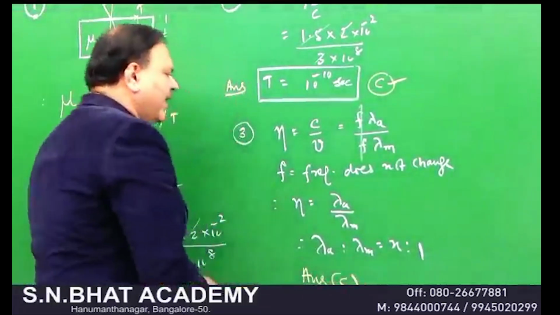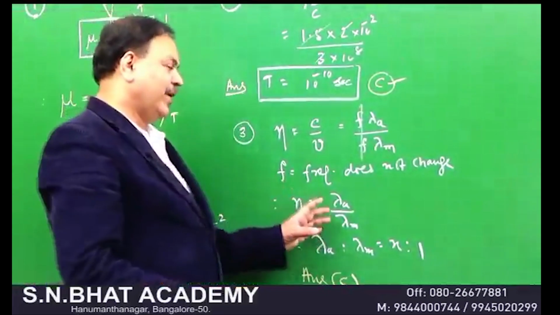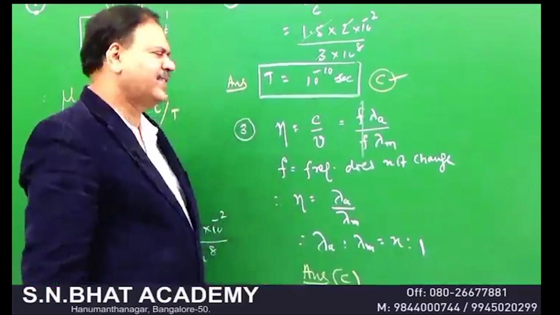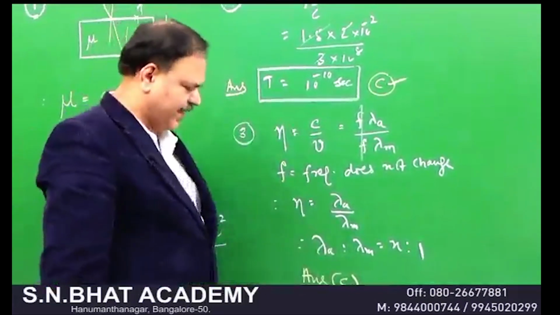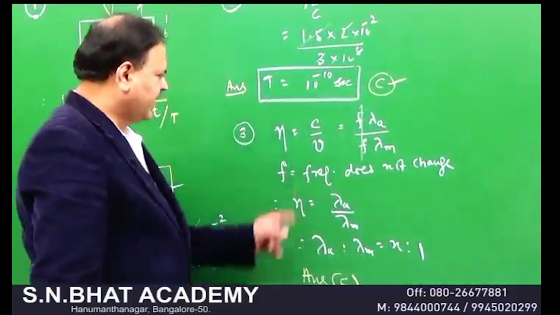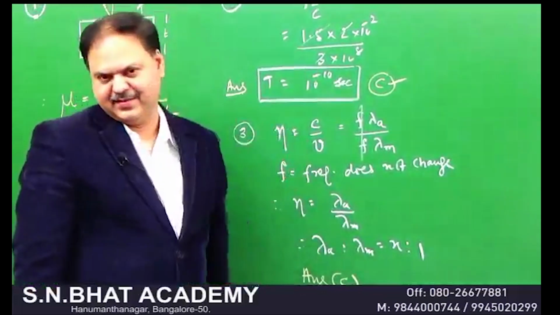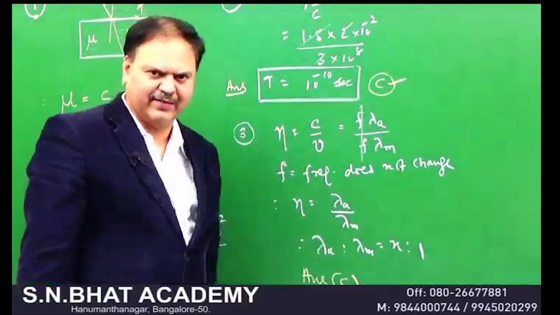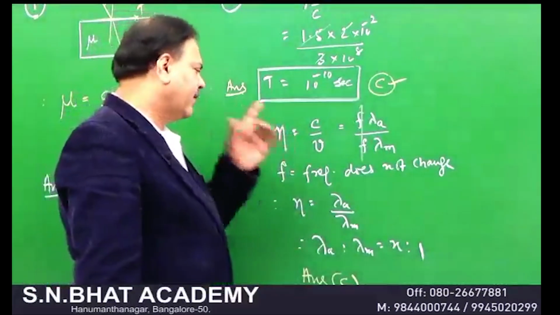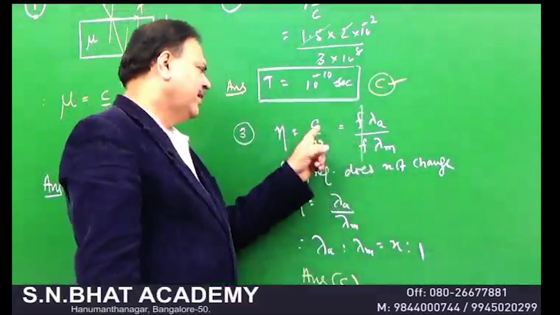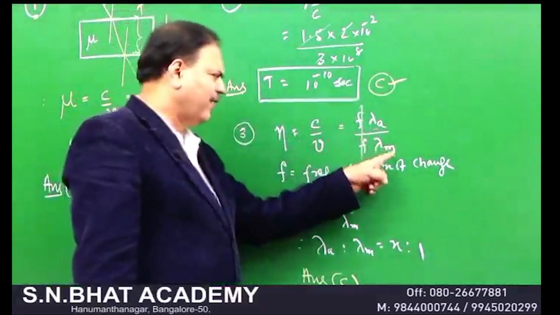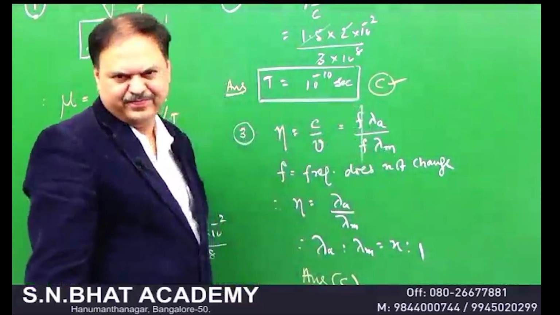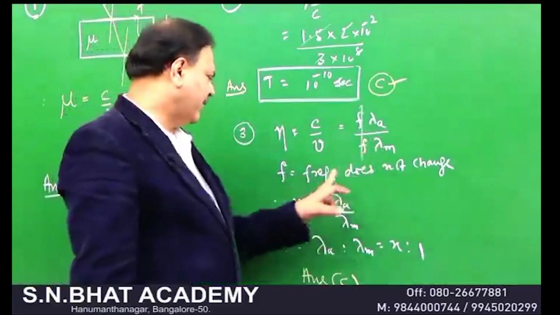You need not do any calculation here. You have to readjust the concepts. If you ask me, sir, what is the concept here? The important concept is absolute refractive index. When light passes from air to another medium, it is called absolute refractive index. You know that v is equal to f lambda. Here c is also a velocity, f lambda, and the f's get cancelled. Therefore it is lambda a by lambda m.